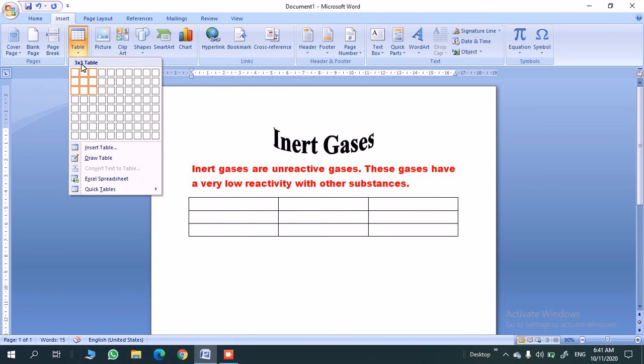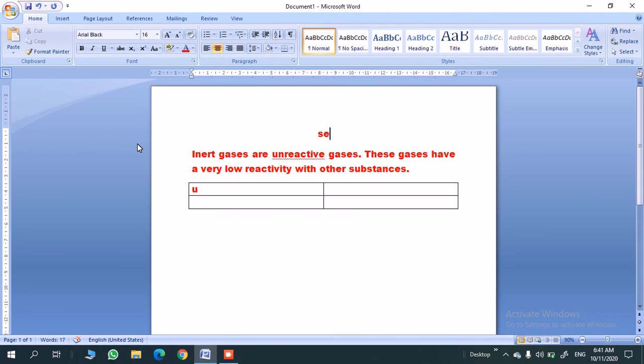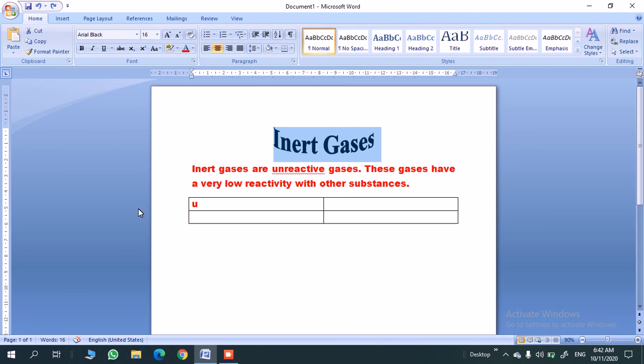But now we are going to add here a few rows with 2 columns. It is not necessary to insert a whole table. You can add your required number of lines further.